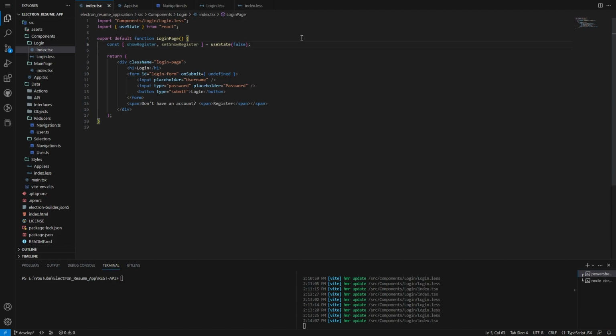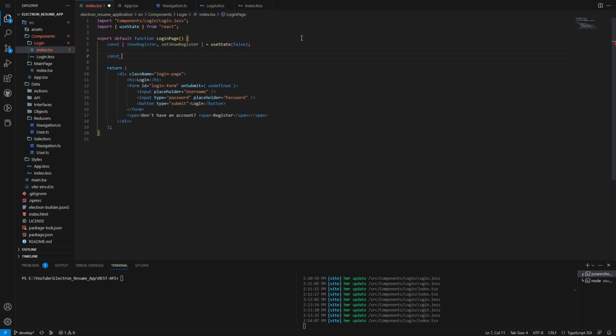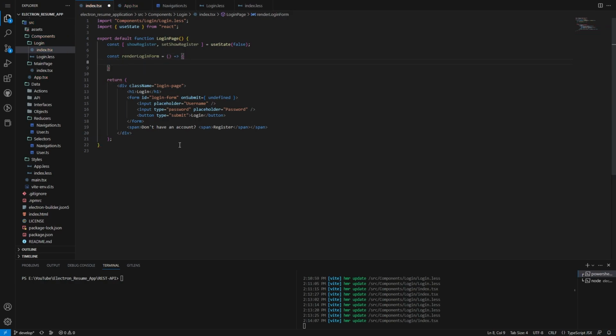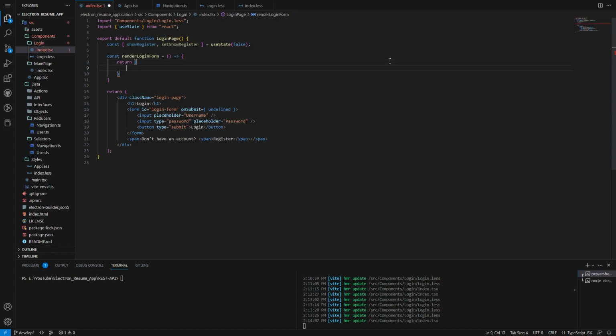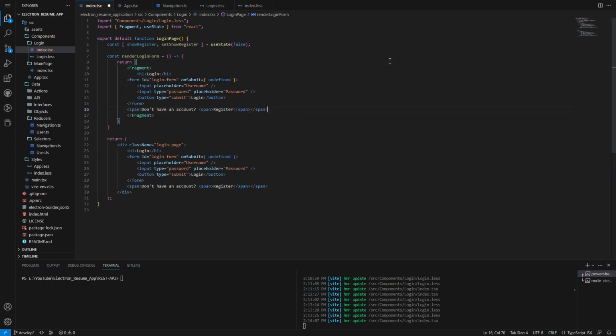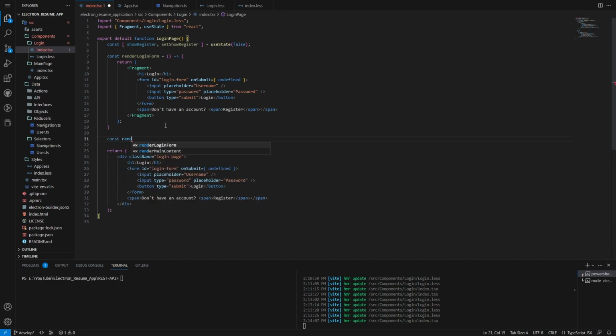And now what we can do is the same thing here. Constant, we can do some sort of conditional rendering. Constant render login form. And what we can do is open that up, copy this stuff here, and return a fragment and paste that in, fix the formatting for obvious reasons,